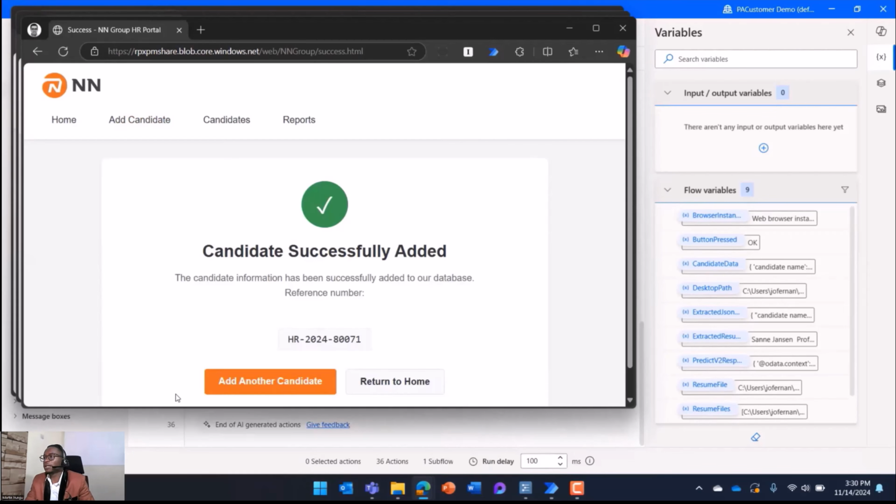So this is the part where we're saying it might seem like something small, especially when you see this, but assume you had 1,000 of these and you wanted to add this information manually. This would eat into your time, and that's productive time, that's creative time that you could have used in different business processes. That's why we're saying let RPA do some of these things for you as you focus on creative work and other business processes.